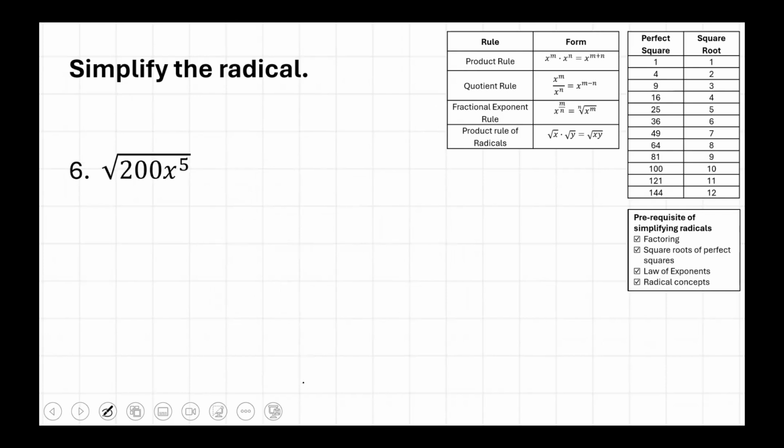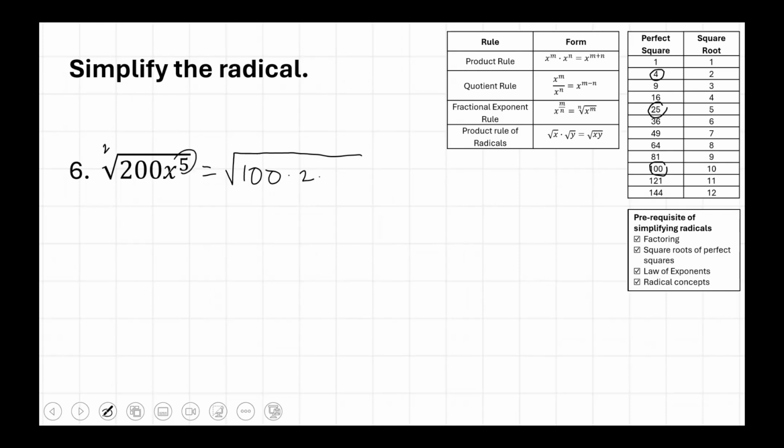For question number 6, feel free to pause to apply what you have learned so far. All right. Square root of 200 x raised to 5. Again, the index is 2. And we can rewrite the 200 and x raised to 5. 200 is factorable by 4, factorable by 25, and factorable by 100. So in this case, since we have three perfect square factors for 200, we need to pick the highest factor. 100 times 2